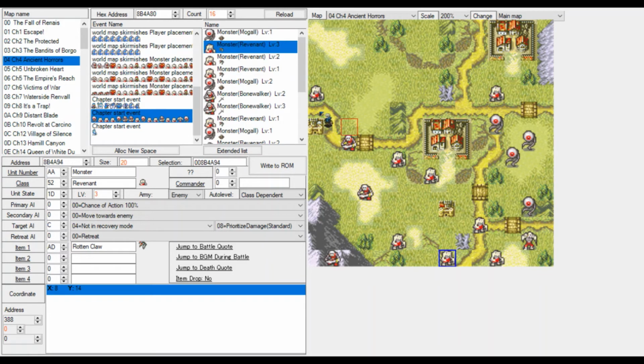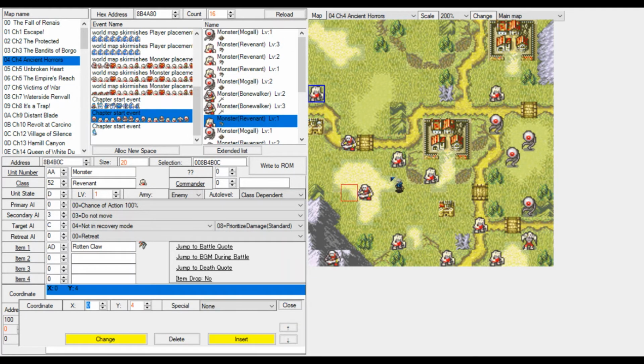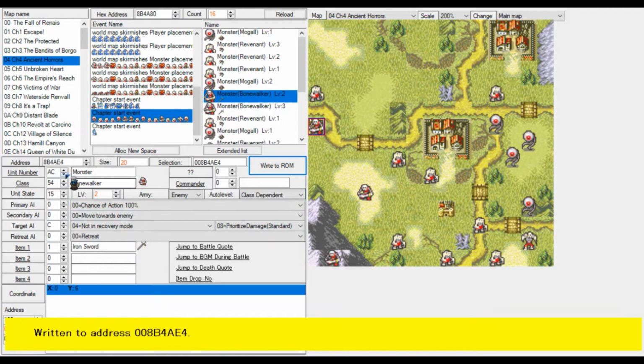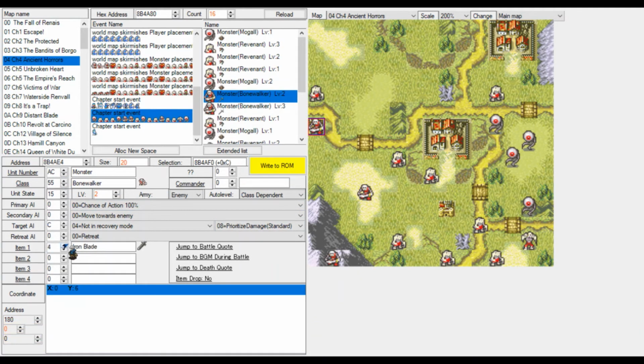I think that this Revenant is placed quite well. However, this Revenant is a nice wake-up call, so you immediately take care of him. This White, or Bonewalker, I want to place you over here and give you a bow, if that is possible. So over here, I will quickly explain all of this. Let's place you here for now.